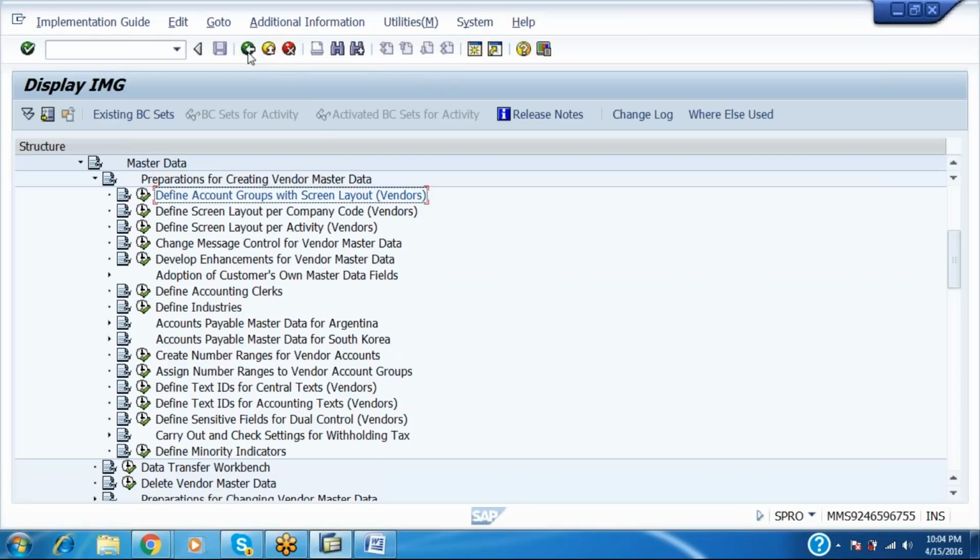Like that, we can take multiple screen layouts or multiple account groups like raw material suppliers, packing material suppliers, chemical suppliers. South region vendors, East region vendors, North region vendors also we can take. Otherwise country-wise: US vendors, UK vendors, Australian vendors also. All the vendors have to be divided into separate parts, which is called an account group. And the second one would be create number ranges for the vendor accounts